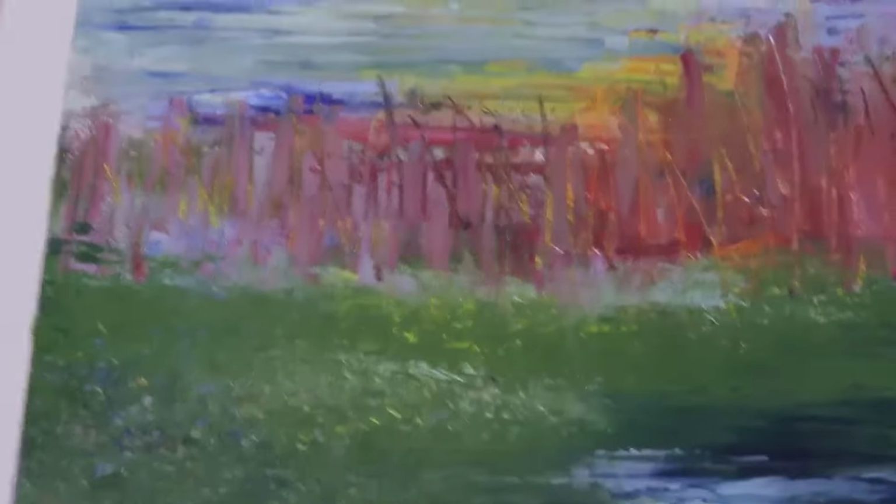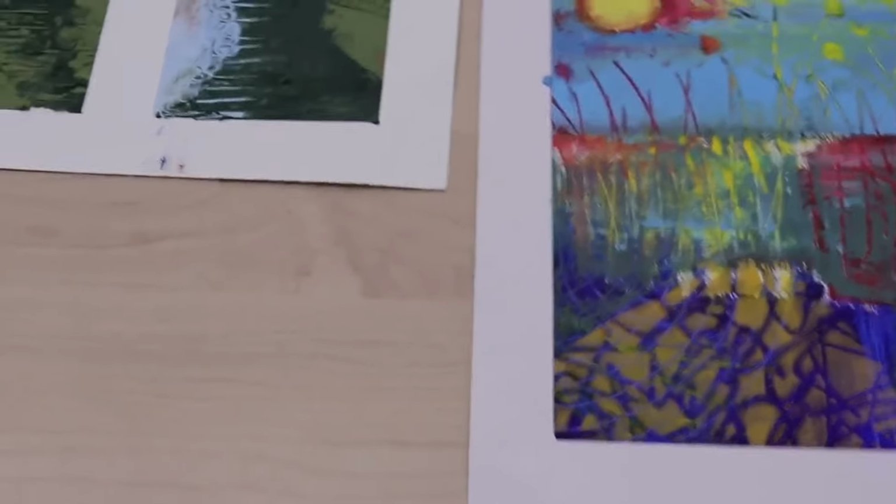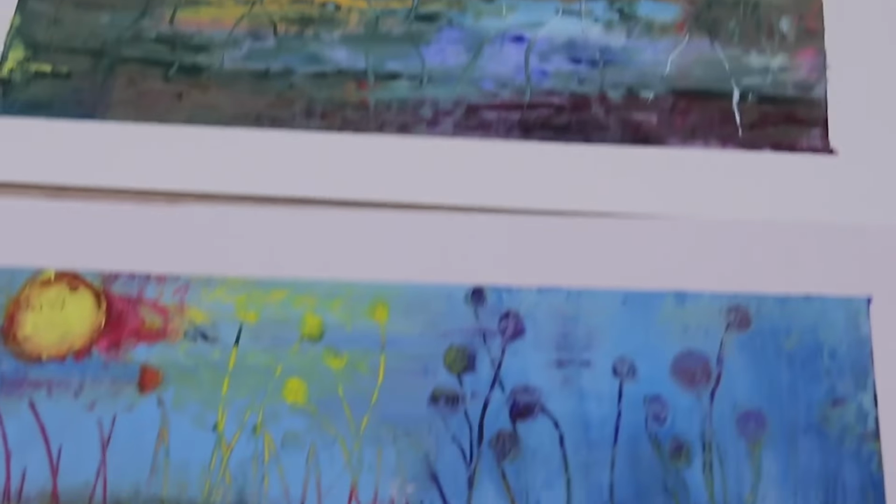So over the course of 5 days, we did a lot of experimenting and playing, tried many, many different effects, and I think the students left with a lot more information in their toolbox to use in the future. So the name of the game is to play and produce. That is how you're going to learn not to dwell on one piece for a long time, and just keep